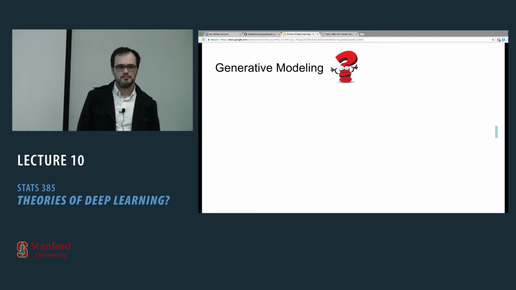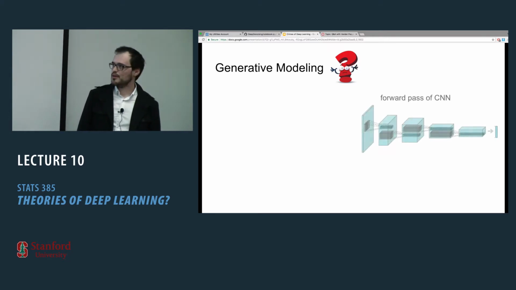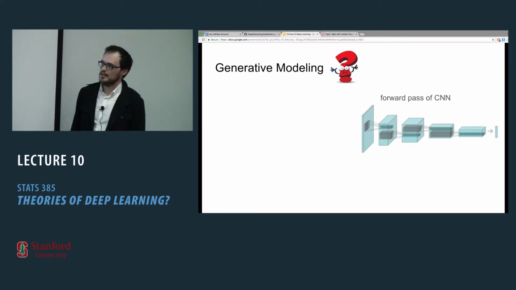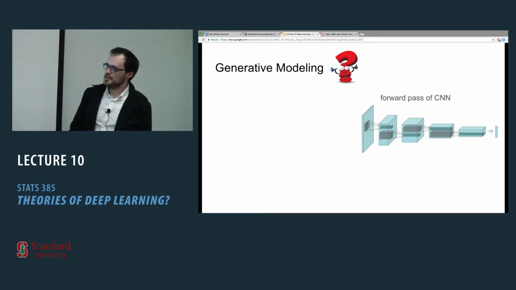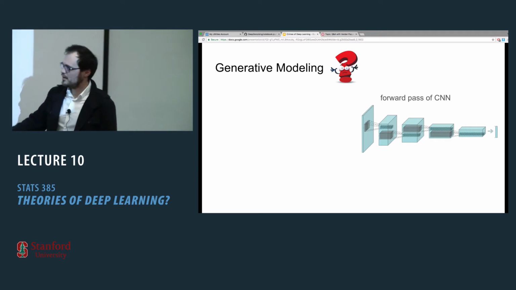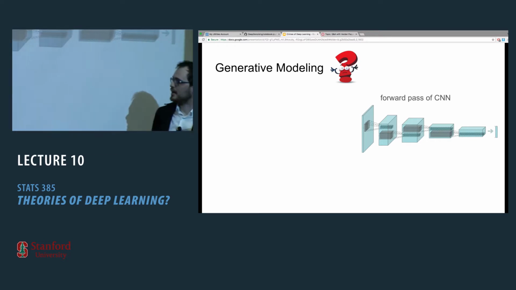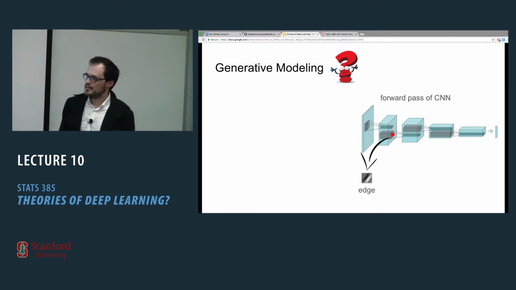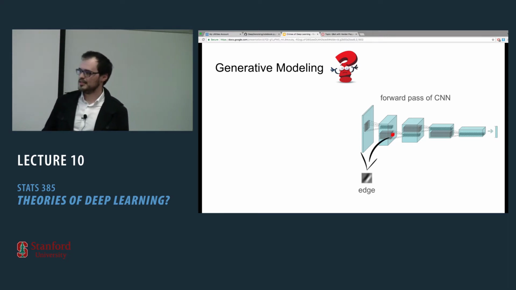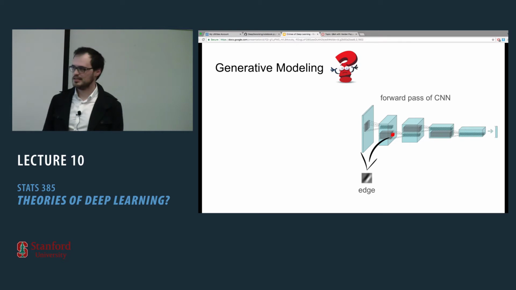So what do I mean by generative modeling? So far we talked about the forward pass of CNN. And here you can see an example of an architecture that starts with an image, which is the first thing here. And then you convolve it with a bunch of filters. And the main idea is that the neurons that you obtain basically respond to edges in the first layer.